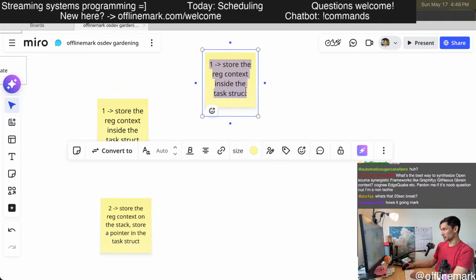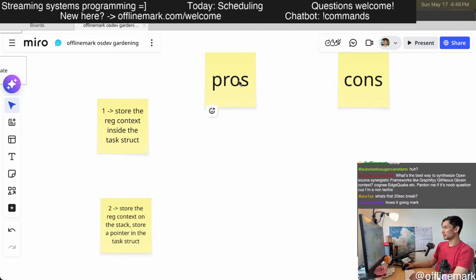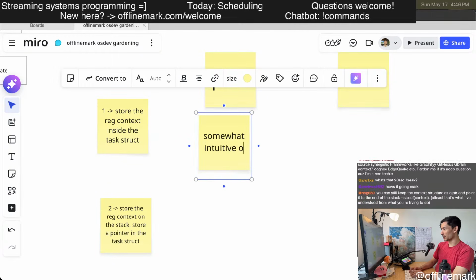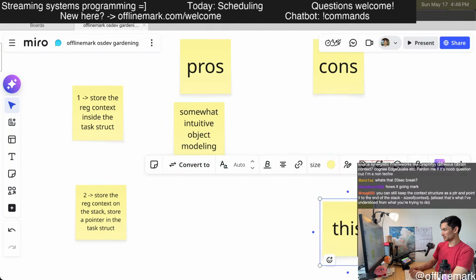And let's talk about pros and cons. The pro of this is somewhat intuitive object modeling. The con is that it's a bit more ad hoc data storage to store it on the stack like that.